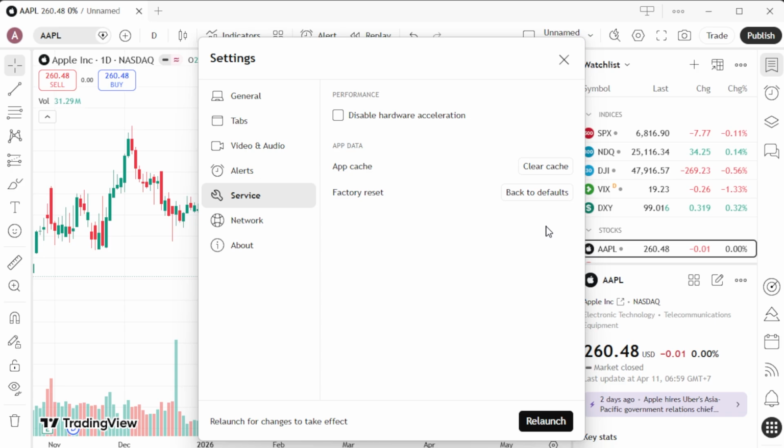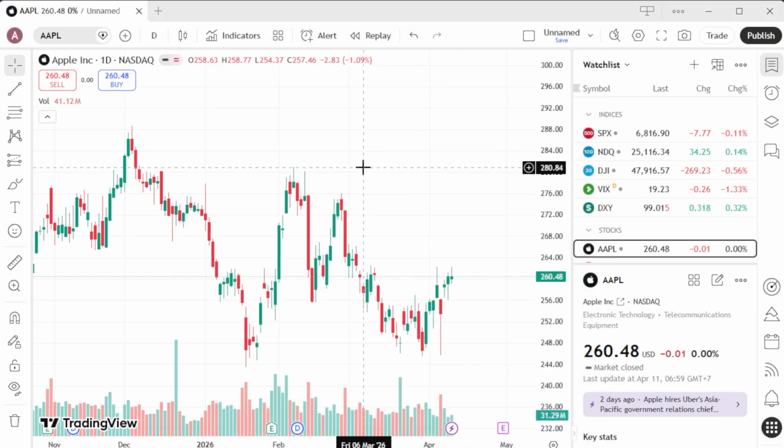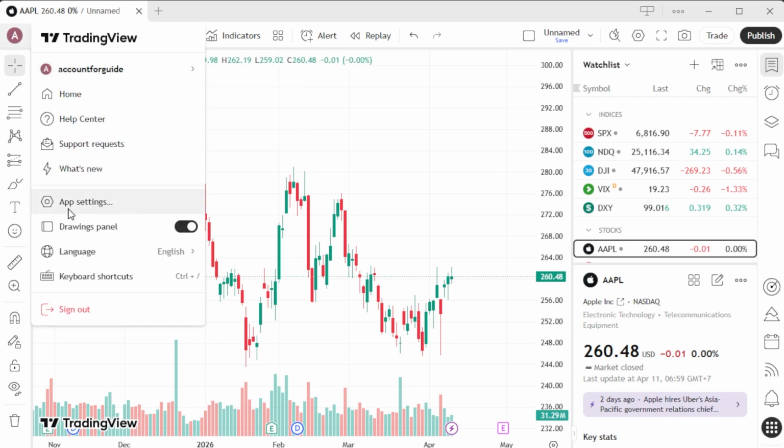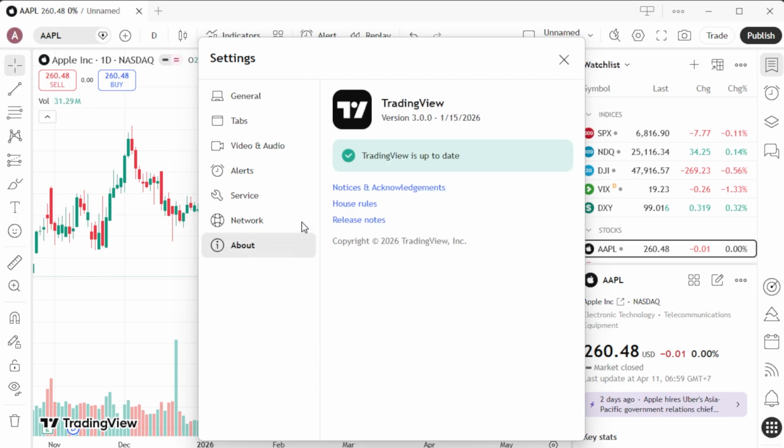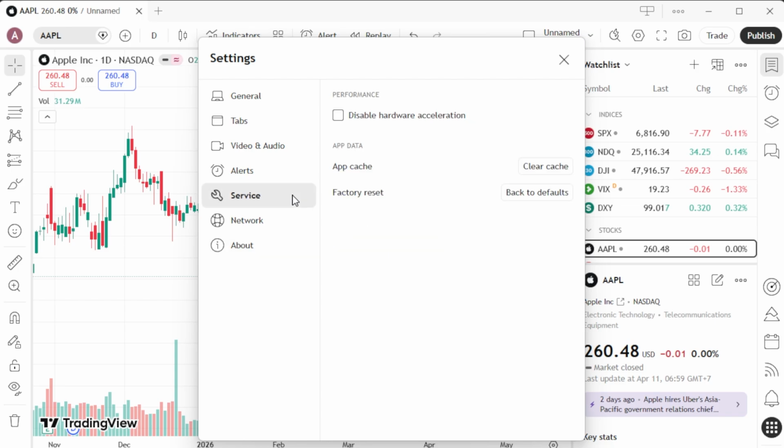And that's pretty much it. To maintain your Tradingview desktop app in 2026, navigate to Settings and check the About tab to verify your software is updated. Move to the Service tab to technically clear your cache for better performance, or perform a factory reset to candidly resolve deep-seated technical glitches. This professional workflow ensures your high-end studio charts remain fast, accurate, and ready for your